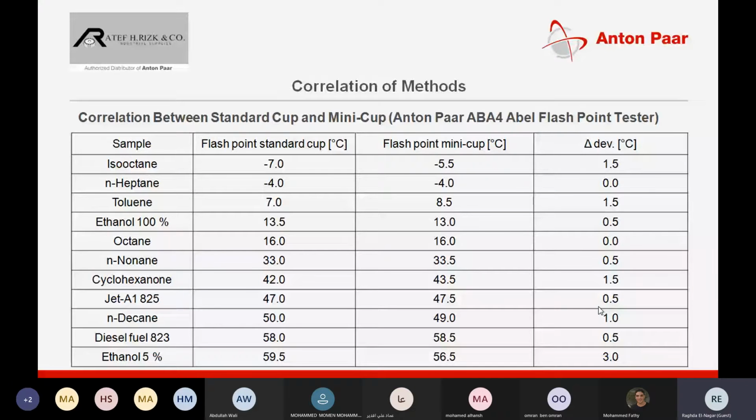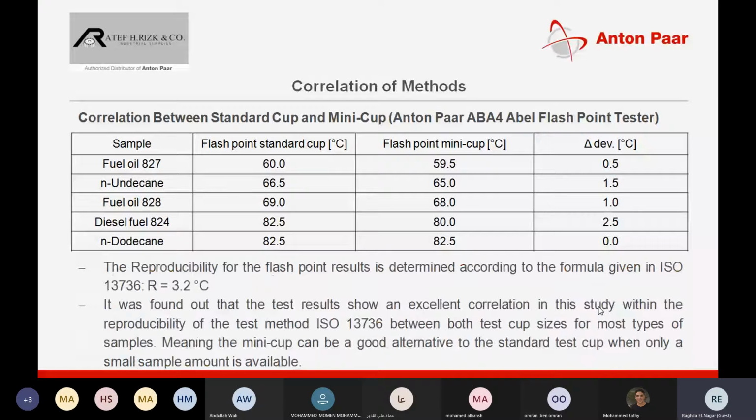Anton Paar created a mini cup which can save sample because it uses a small amount of sample, and determines the flash point of many samples like isooctane, normal heptane, toluene, ethanol, octane, and diesel fuel with 5% ethanol, and measures the deviation of this, and found the reproducibility for the flash point result. It determined that the deviation recorded was 3.2 degrees centigrade. It was found that the test results show an excellent correlation in this study within the reproducibility of the test